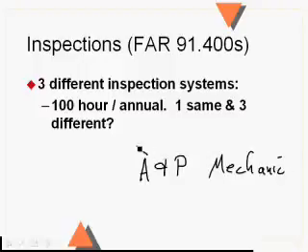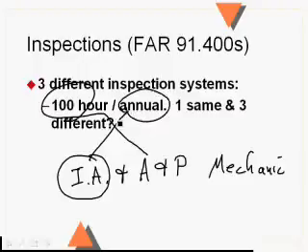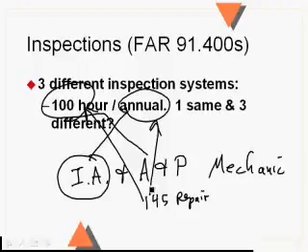If you're an A&P mechanic right out of school, you can do 100-hour inspections. If you've been an A&P mechanic for 3 years, active during the last 2 months, you take a big fat written test. You can also have an inspection authorization on top of your A&P. So you have to have your inspection authorization in order to do an annual. And of course, if you're a 145 repair station, then that's going to be in your limitations, and it's likely to say that you can do both.